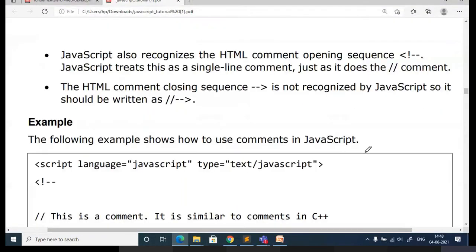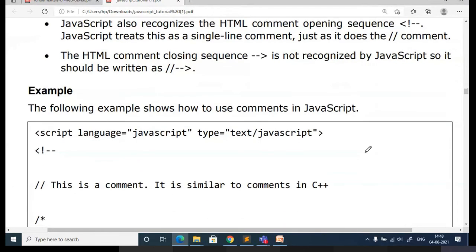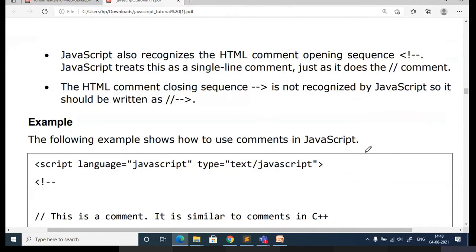And also, when you are writing code, JavaScript also recognizes HTML elements. So to indicate it is not an HTML element, you are going to use this notation, which should be specified when you are writing JavaScript. It should be within this notation, whatever you specify as a comment line in HTML.